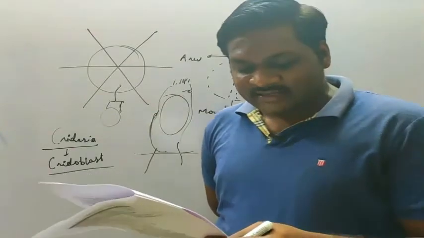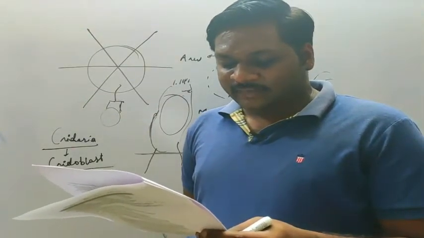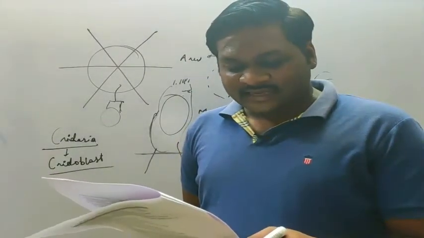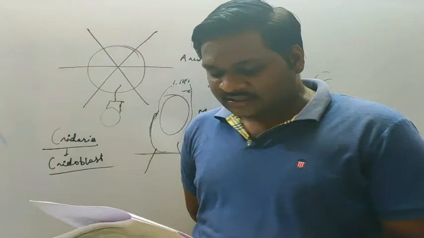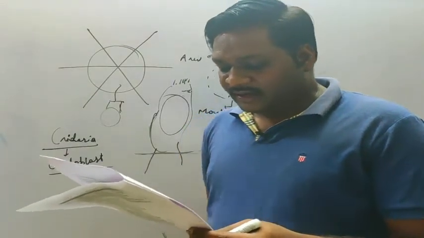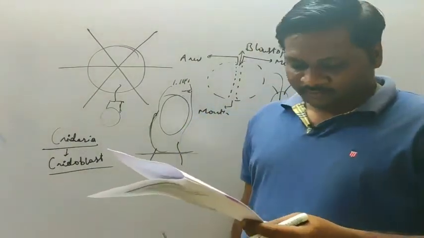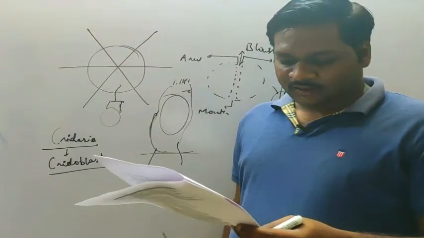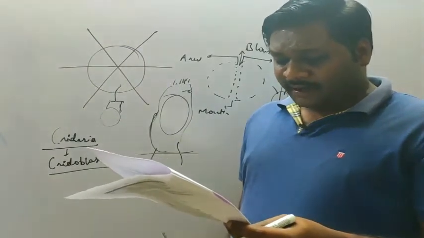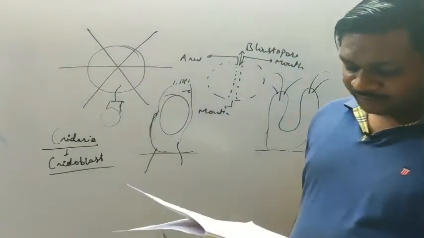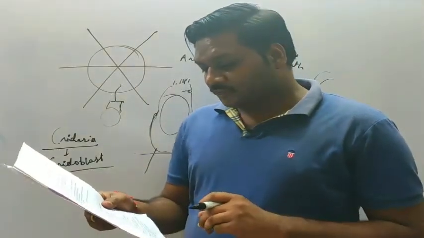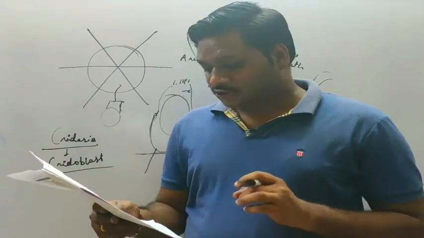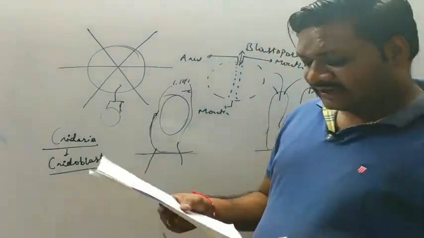Then question number 117, which of the following is incorrect match? So here again we have to consider some matches. First is the Physalia, that is Portuguese man of war. We have discussed about it. Then Meandrina, that is staghorn coral, and Gorgonia, that is called sea fan. Then Pennatula, it is a sea pen. These are the correct matches. The incorrect match is the Meandrina, that is staghorn coral. This is the incorrect answer.